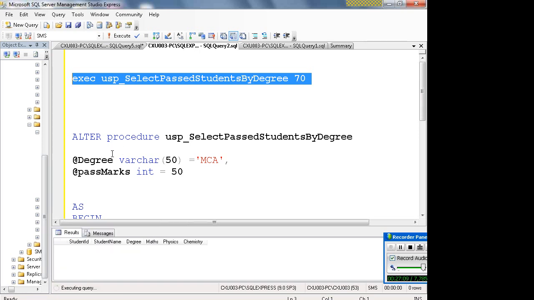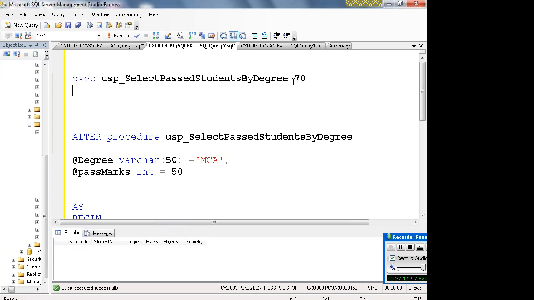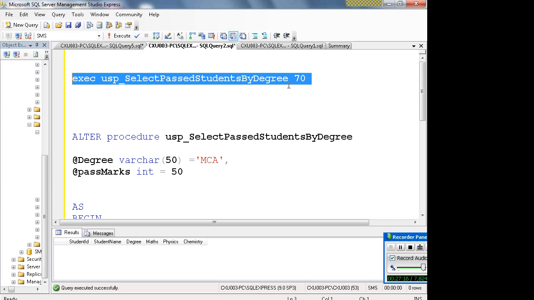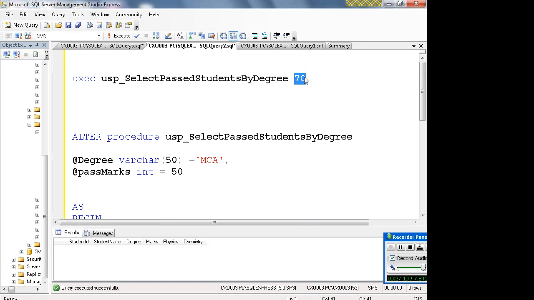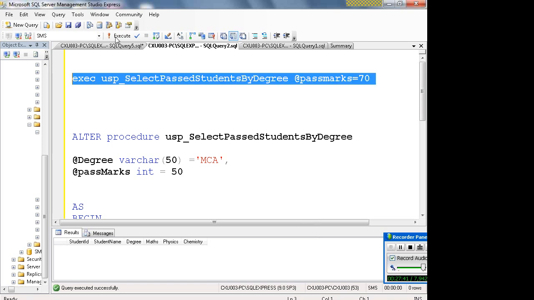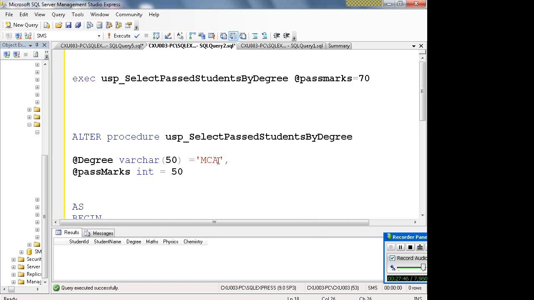Wait a minute. Just a second. I should not even do that. Okay. In this case, it assumes that you are passing 70 for degree, which is not right. So in such cases, all you have to do is say pass marks is equal to, okay, and